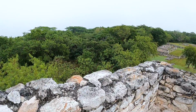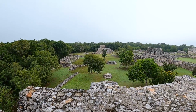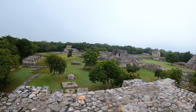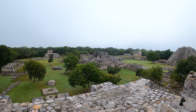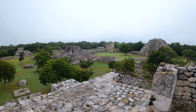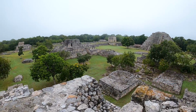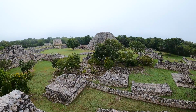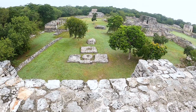I really think that it's a shame to miss out on this hidden gem. It's a forgotten city, essentially. Even though they do maintain it, they don't really spend a lot of energy attracting tourists to it. This actually, Mayapan, used to be the political and cultural capital of the Maya people in the Yucatan between the 1220s and the 1440s. Look at this property here all around, all these buildings that have been excavated, and some